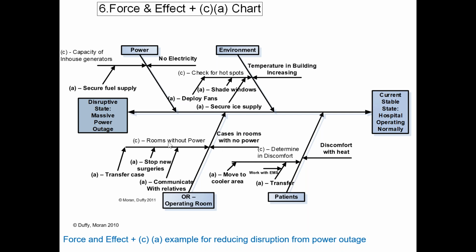So you check who are the rooms without power. Well, stop any new surgeries, transfer cases into the operating rooms that do have power under generator, and then communicate with the relatives so you manage and share with the stakeholders what's going on. Okay, I probably bored you to death with this one, but do you see what the force and effect plus CA chart is?